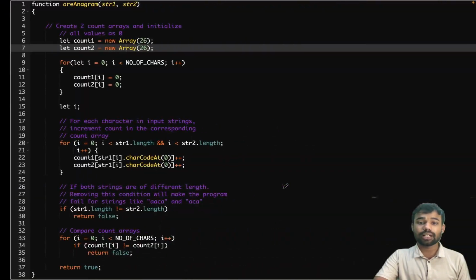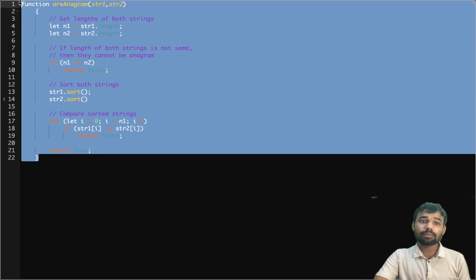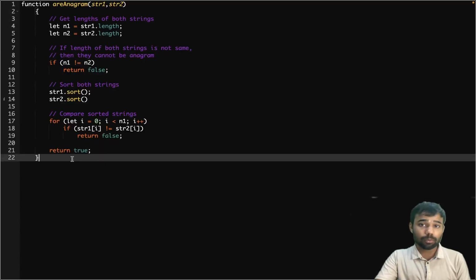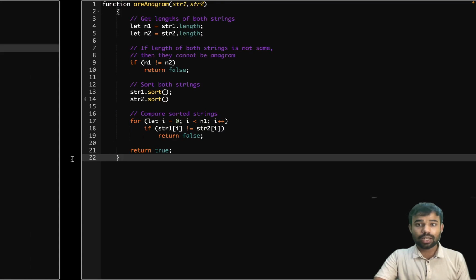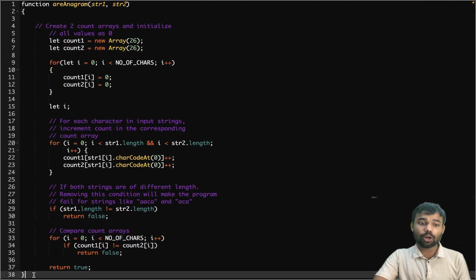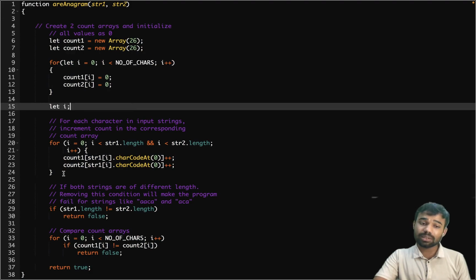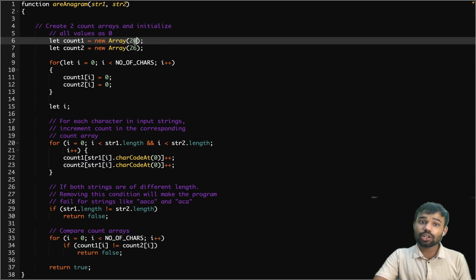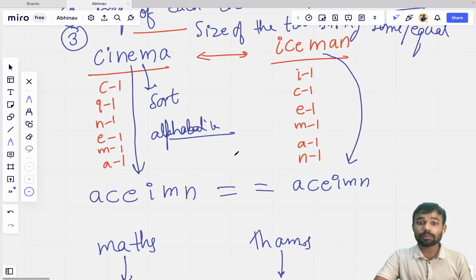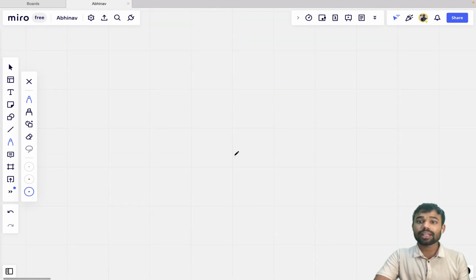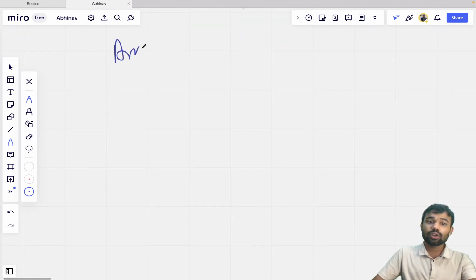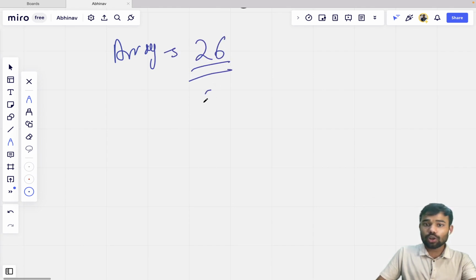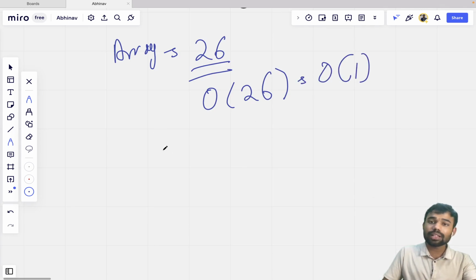एक तो ब्रूट फोर्स अप्रोच था। ब्रूट फोर्स अप्रोच में हमने स्ट्रिंग सॉर्ट कर ली थी, उसमें टाइम कॉम्प्लेक्सिटी order of n log n थी, ओके। But in this approach यहाँ पर टाइम कॉम्प्लेक्सिटी order of n है, और स्पेस कॉम्प्लेक्सिटी भी order of n नहीं है, because हम लोग सिर्फ एरे 26 साइज के ले रहे हैं, तो स्पेस कॉम्प्लेक्सिटी कांस्टेंट है। देखो ये एक बात है ऑब्जर्व करने के लिए। स्ट्रिंग का साइज कुछ भी हो, एरे का साइज हमेशा 26 होगा। Order of 26 बेसिकली order of 1 ही तो हुआ।